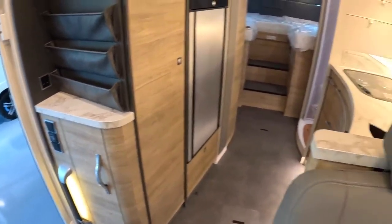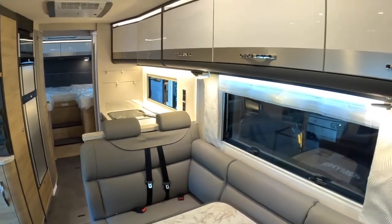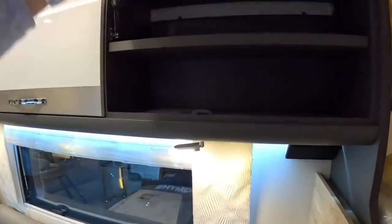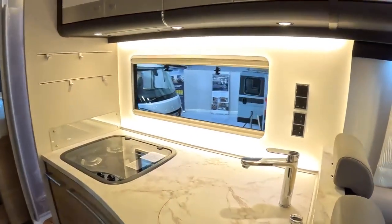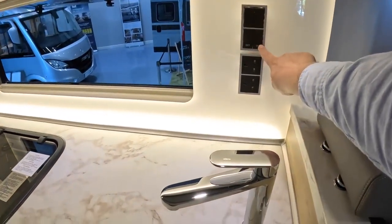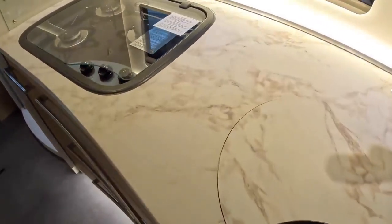And if we come on back, well, first of all, let's come right up to this end. First of all, you can get a really good impression of the size of this. Look at that. These are obviously all storage in here, all the way along. And then if we come up here, we have got the kitchen area. There's a button on here, the off and the on, which centrally locks. If I push on, that centrally locks all of these. They don't fly open when you're driving down the road, which is very helpful. And if I push off,